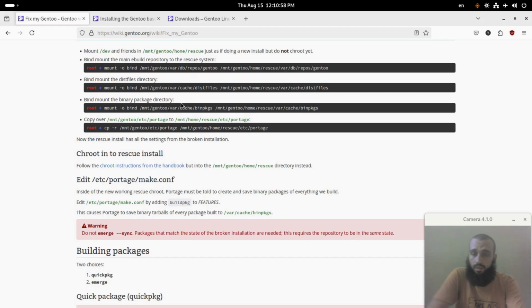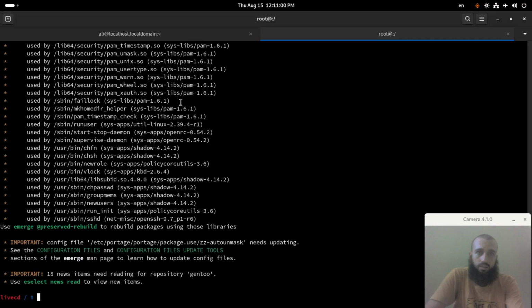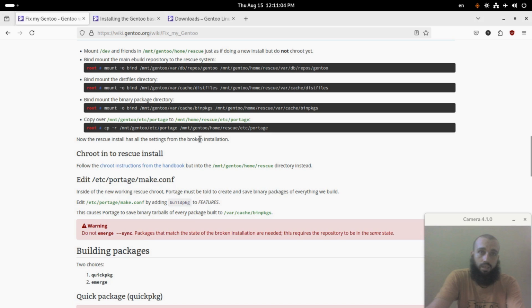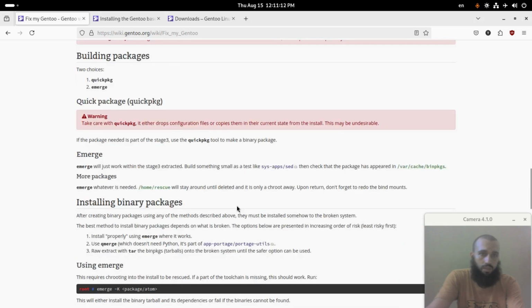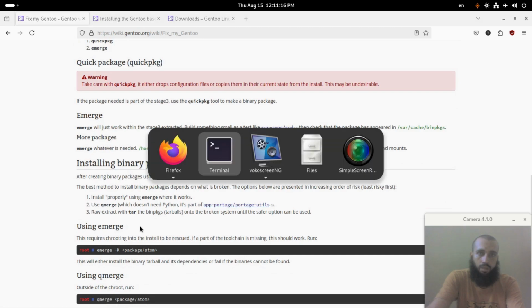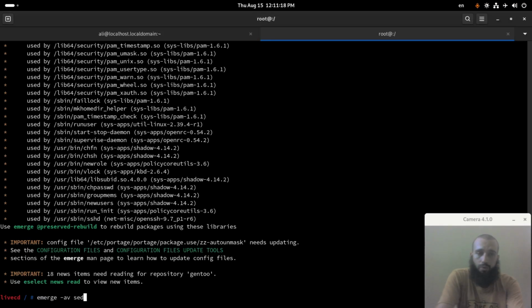So after running these commands, I emerged sed like the wiki says, in order to check if the merge command works well. And then you rebuild the packages that are broken on your system, in my case I guess it's